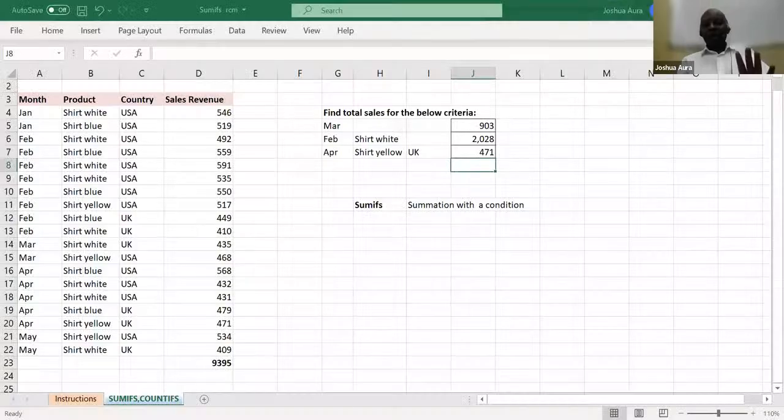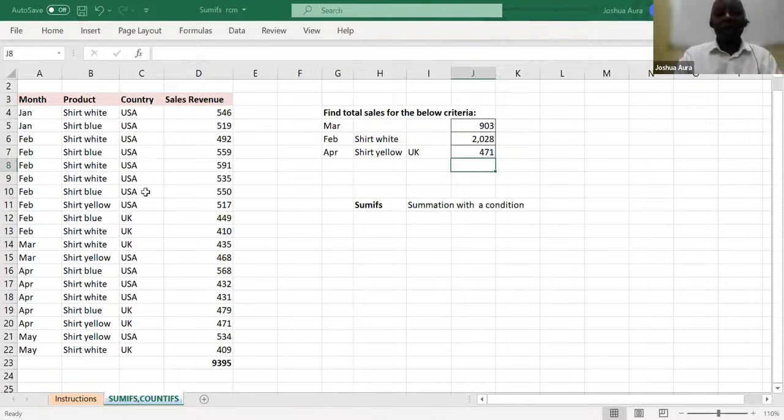Great. So here we are. So we have our SUMIFs. I'll only recap on this. Otherwise, the other areas, you will be able to find them on the videos that I'll send by the end of this session. So if, for example, you're given this data, so you have here month, you have the